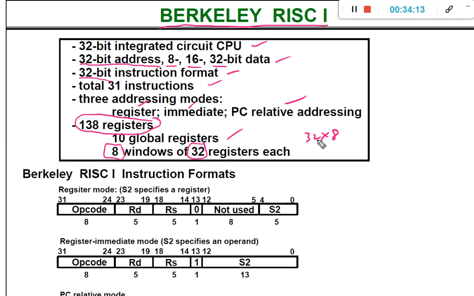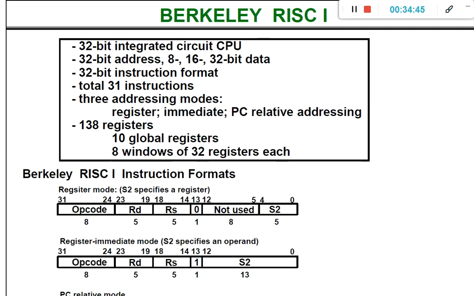You cannot simply calculate 32 into 8, because among these 32 registers, some are common registers. Around 12 common registers, 10 local registers and 10 global registers will be there. So the shared register window will be the same as before. However, instead of using 4 windows, now we are using 8 windows.